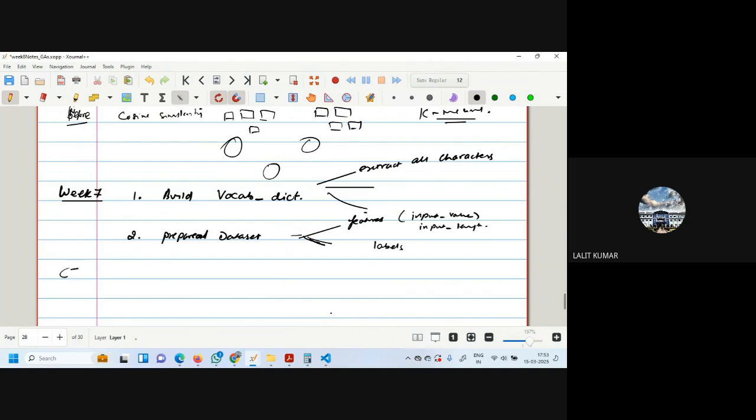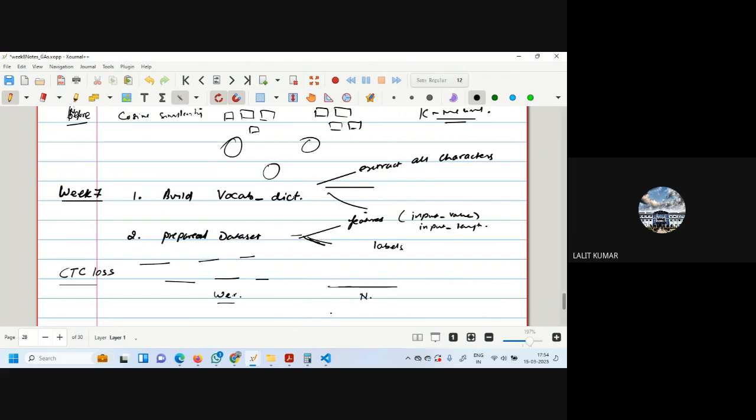CTC loss is basically used when alignment is not there. So you've got speech and text, and they are not aligned. And WER is based on the total number of words.